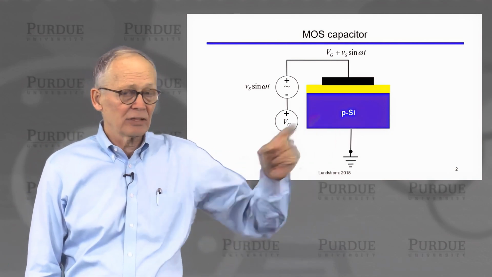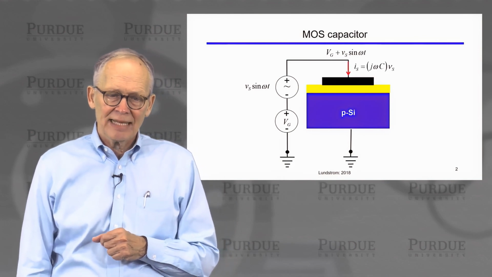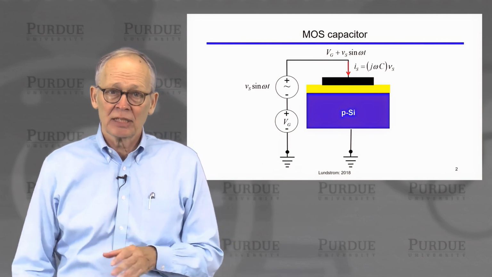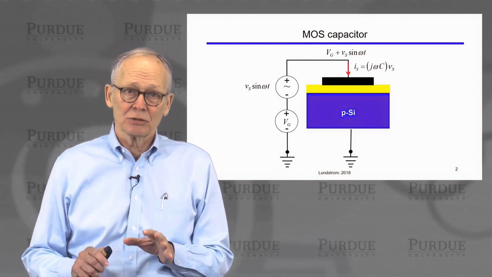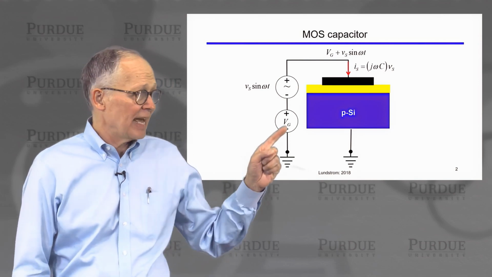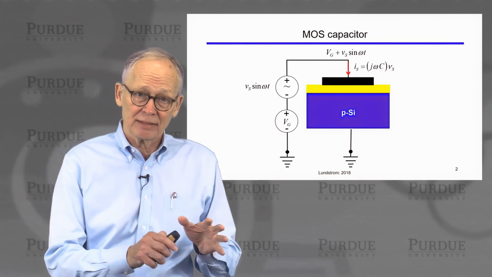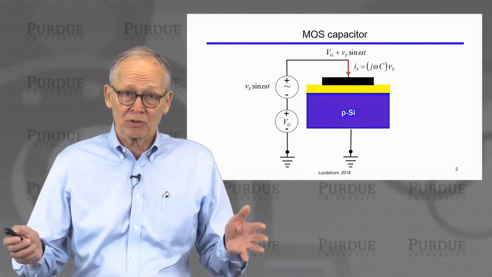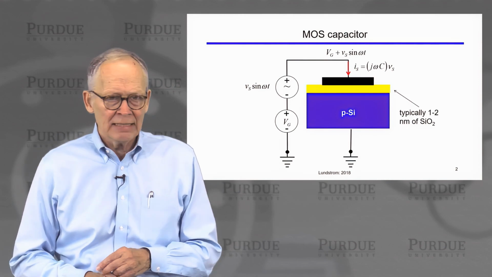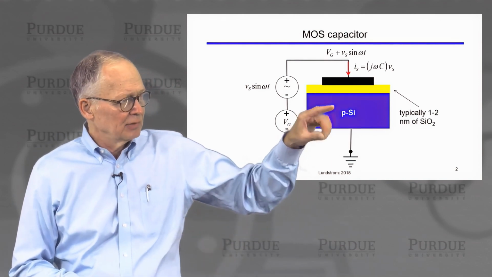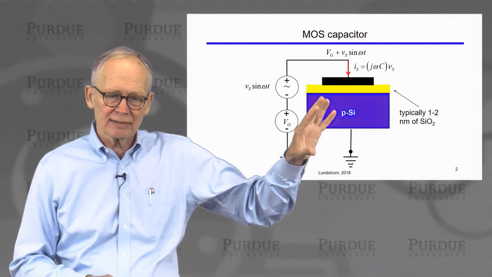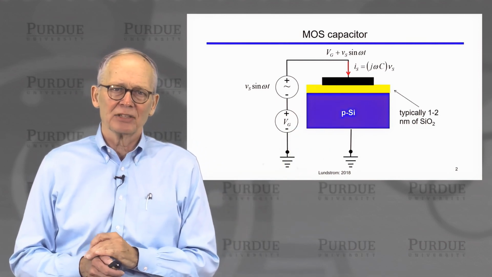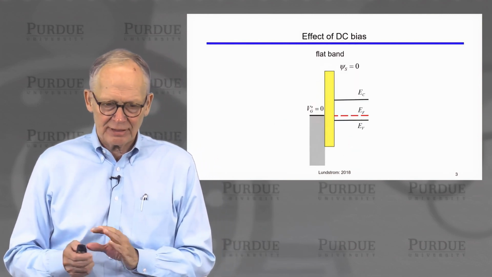And now we'll have an AC current that will flow through that capacitor. And that AC current will be the admittance of the capacitor times the AC voltage. So we can use measurements like this to deduce what the capacitance is at a given DC bias. So we can bias it in accumulation, measure the capacitance, bias it in depletion and measure the capacitance, sweep across the whole bias regime. So we'll be doing this, and for a typical MOS structure like this, just to remind you that typical numbers are that we may have 1 to 2 nanometers thickness of SiO2, just to get us calibrated